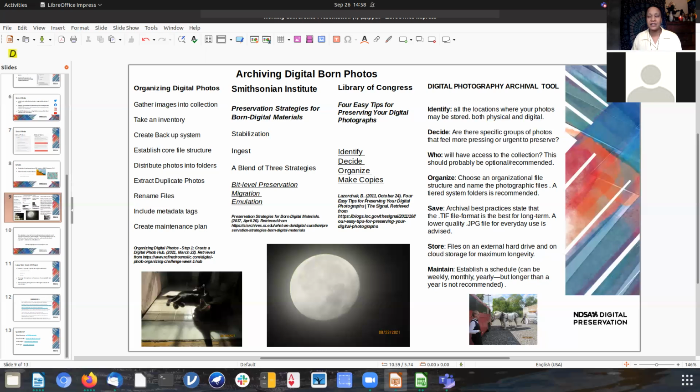From this and some other articles, we were able to create a tool for digital photography archiving, which incorporates some of the best practices that can be used to train and educate families, laypeople, or people who are new to using different formats. It has you identify all the locations of the images, decide how they will be grouped, who will have access, organize a specific file system, and name each file, giving them a unique name and a tiered system with folders ideally,